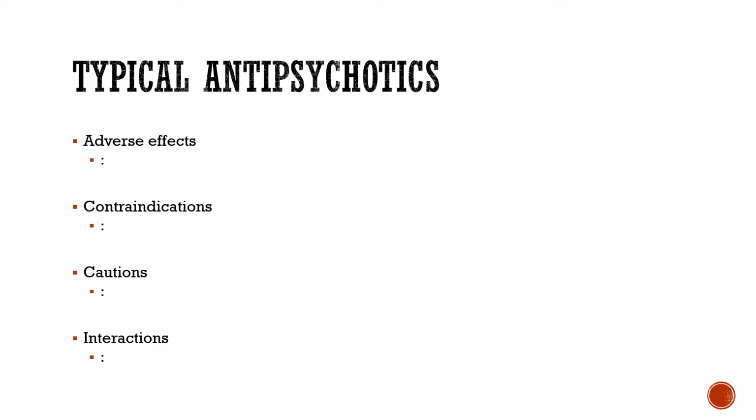Parkinson's disease. The whole mechanism of Parkinson's disease is decreased dopamine, right? So the substantia nigra has been damaged. We're not producing dopamine in the CNS like we're supposed to. So we start having Parkinson's disease. So the last thing we want to do is further decrease the amount of dopamine available.